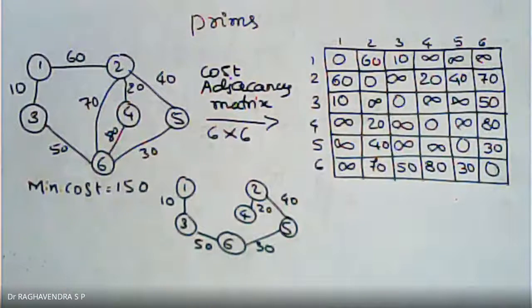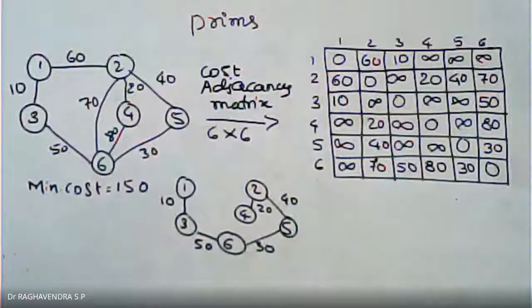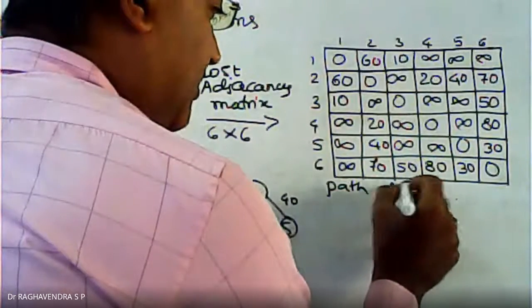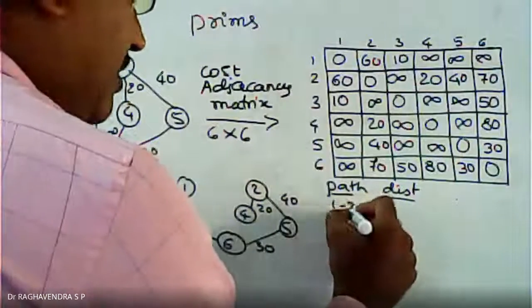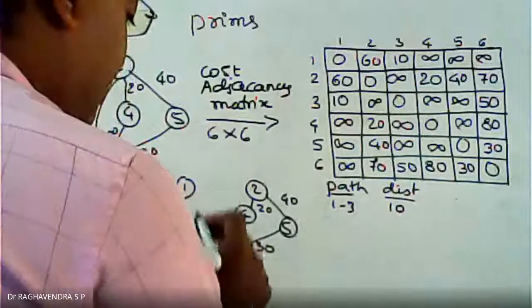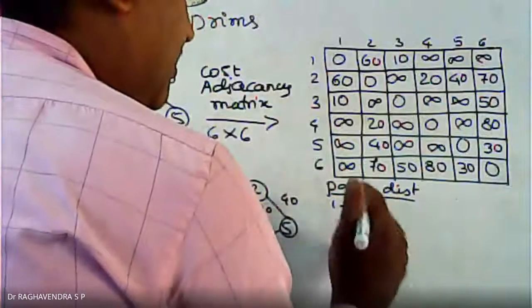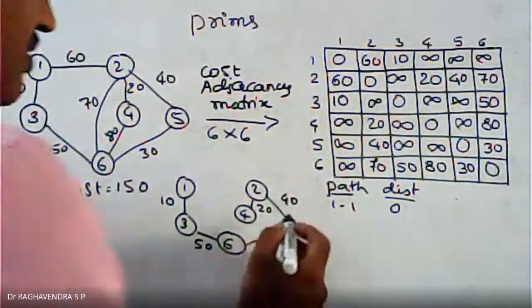Yes. Is this the same output you got? Yes, sir. Okay, so you have to write the path distance. Path 1 to 3, what is the cost? 10. Next, okay, let us take 1 to 1, 0, 5 to 2, 40,